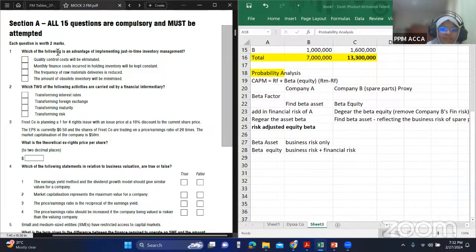Okay. Then it says, which two of the following activities are carried out by a financial intermediary? So financial intermediary, the best example that we know of is a bank. Okay, it's a bank. So think of what the bank will do. Let's read them one by one. Transforming interest rates, we don't really transform anything. We don't try to match interest rates or anything, right? We set an interest rate and that will change from time to time, but we are not going to bridge any interest rates or anything of that sort. So A can't be the answer. B also can't be the answer. We are not transforming foreign exchange also,